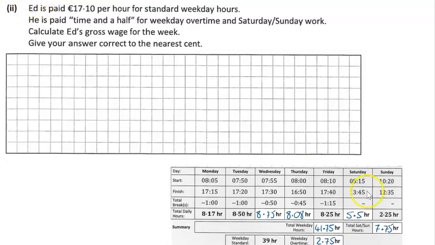So for part 2, we're going to use some of these numbers. Ed is paid €17.10 per hour for standard weekday hours. He's paid time and a half for weekday overtime and Saturday, Sunday work. Calculate Ed's gross wage for the week. Give your answer correct to the nearest cent. So his weekday hours is 39 times 17.10. So 39 hours times 17.10. So that's